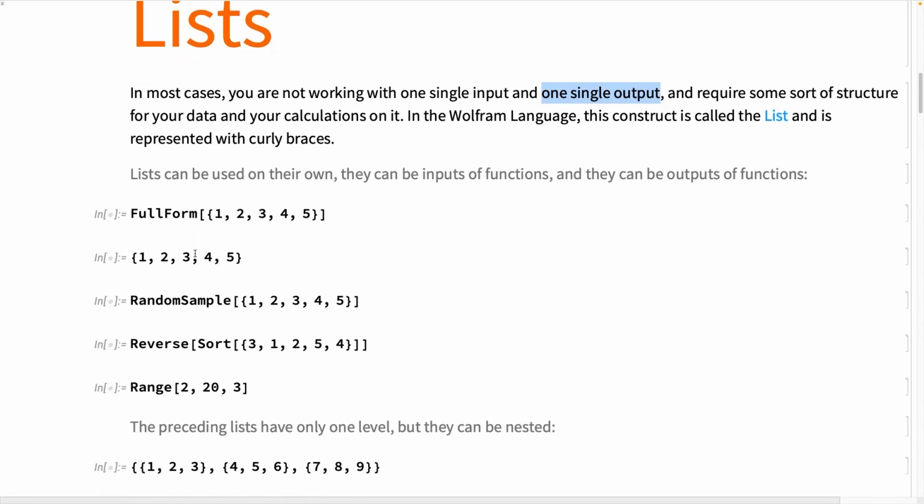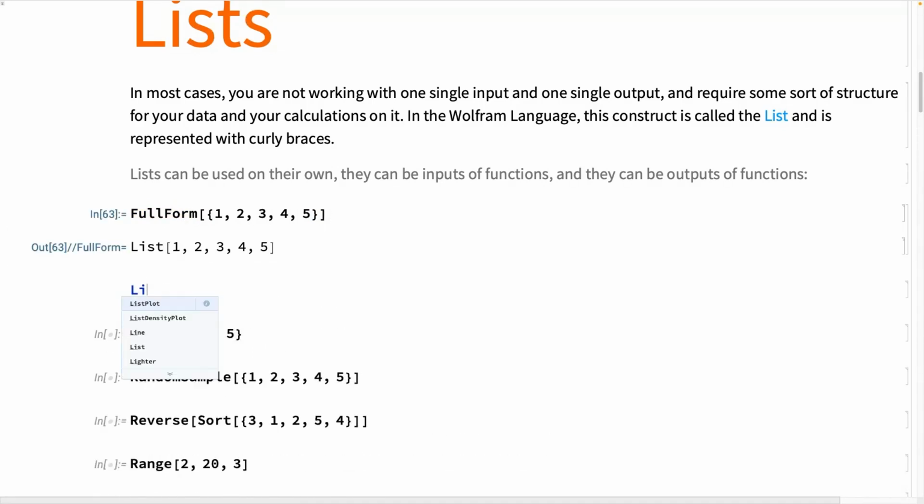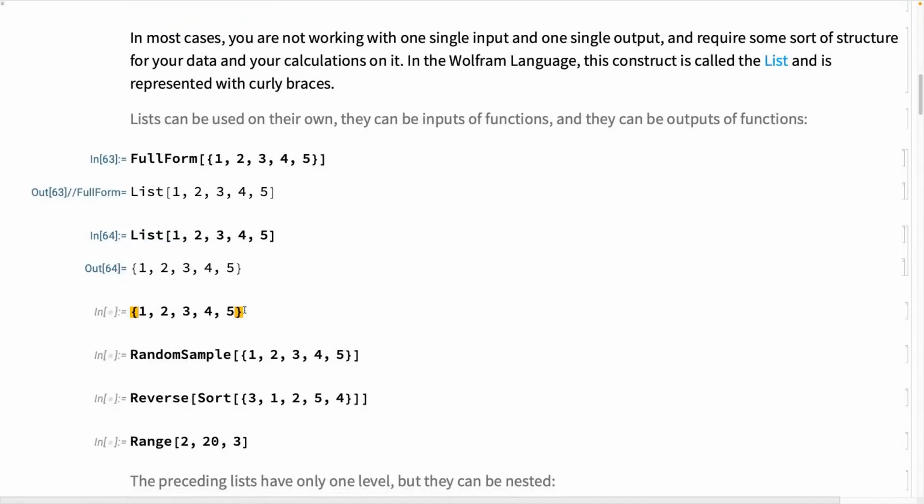So for an example, this is a list. It's just some things collected, separated by commas, with curly braces around them. Now, I will note that internally a list is represented like this, and if you were to type explicitly List, it will render like this in the front end. But typically, you just use the curly braces to type things. So you can just make your list like this, where you would type 1, 2, 3, 4, 5, whatever you want to type. And if you press enter,